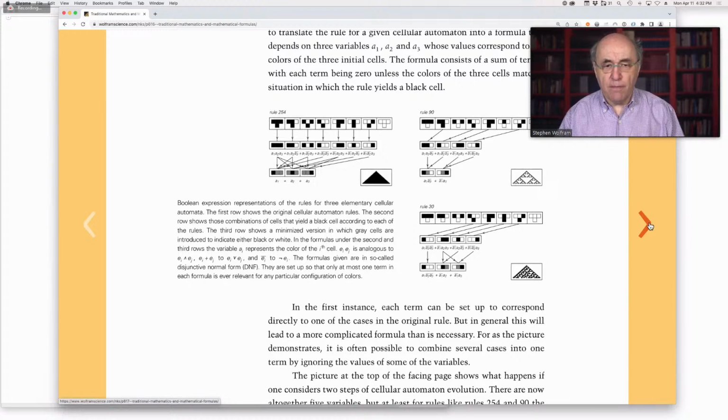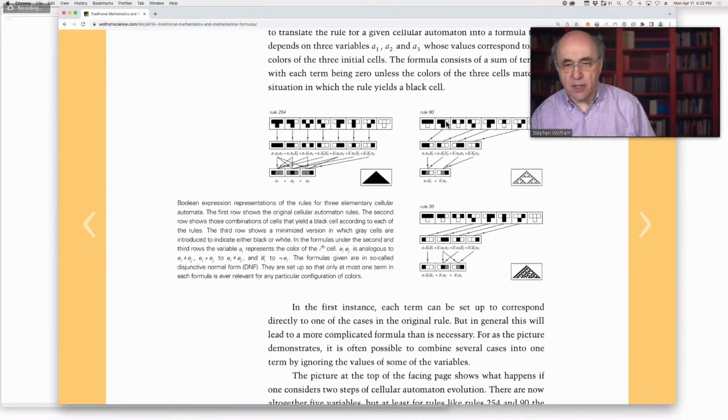Okay, so what other methods do we have for cracking these programs? Another one is that we can think about rule 30 or rule 90 or any of these cellular automata as a Boolean function. What it's doing is taking each value here, in the case of rule 90, it's the left cell XOR the right cell.